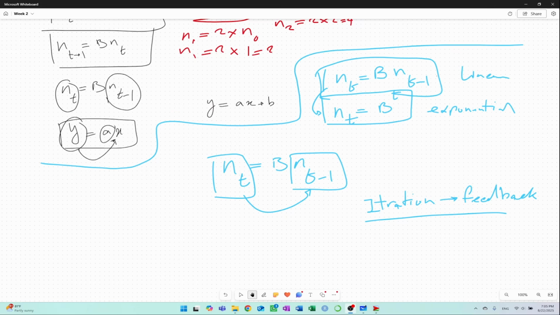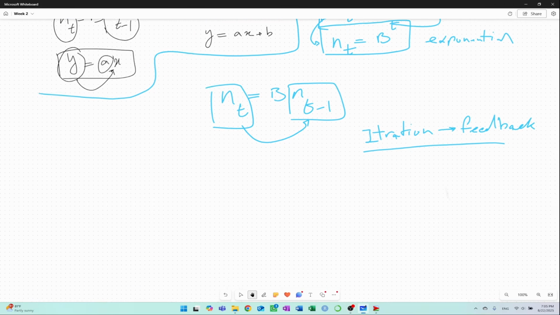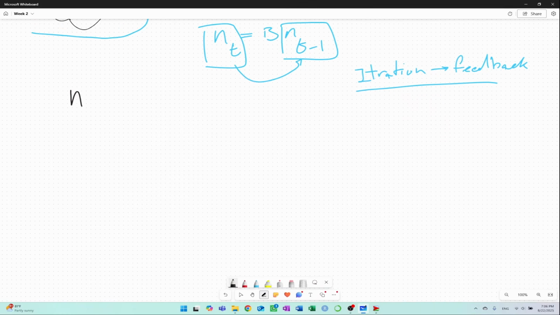All right, as obvious as our previous model looks, it is not a realistic model. So we are going to add some elements to that. N sub t is equal to birth rate times n sub t minus 1. In fact, for the purpose of showing this, I believe it's better to say n sub t plus 1 equals b times n sub t. I want to keep the right hand side cleaner. Okay, so this is the original model, and this is not realistic, and we want to make it more realistic,